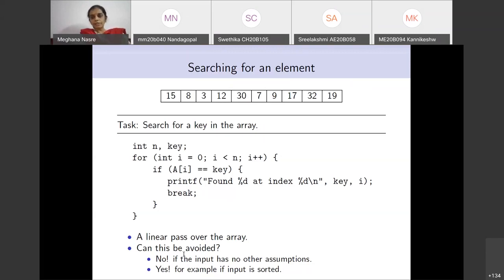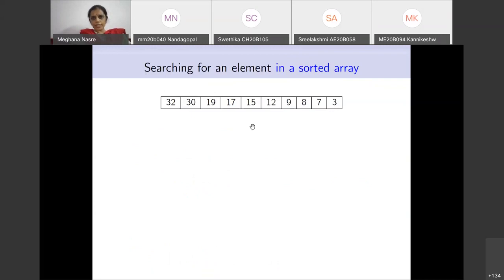So many times we will have either a sorted input, or we will sort the input ahead of time, and then we are going to do a searching in the sorted array. So let's look at this special case where we are going to do searching in a sorted array. So I have now sorted this array, and I have sorted this in a particular way. Doesn't matter. It is sorted in